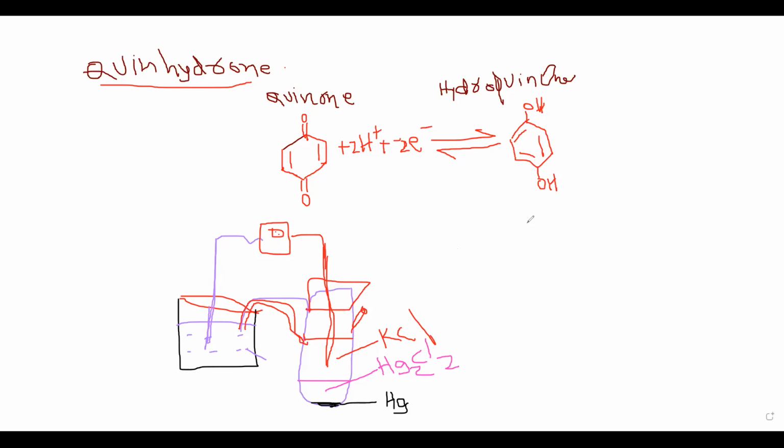Now the question is, how are you going to calculate? Here we are connecting these two again, and the EMF is E right minus E left. What is the E right? Hg is on the left side, acting as anode. Why? What could be the reason, my dear students? When it is connected to hydrogen, the calomel electrode is acting as cathode. Now when it is connected to the quinhydrone electrode, it is acting as anode.